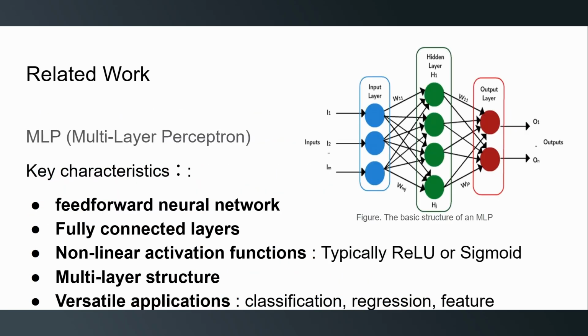And we use MLP, which is multi-layer perceptron, to design our matching model. Multi-layer perceptron is a type of feed-forward neural network. It consists of multiple fully connected layers. Each layer performs a weighted sum of its input, followed by a nonlinear activation function, such as ReLU or sigmoid. This nonlinearity allows the network to learn complex patterns and relationships in the data. Multi-layer perceptron is widely used for